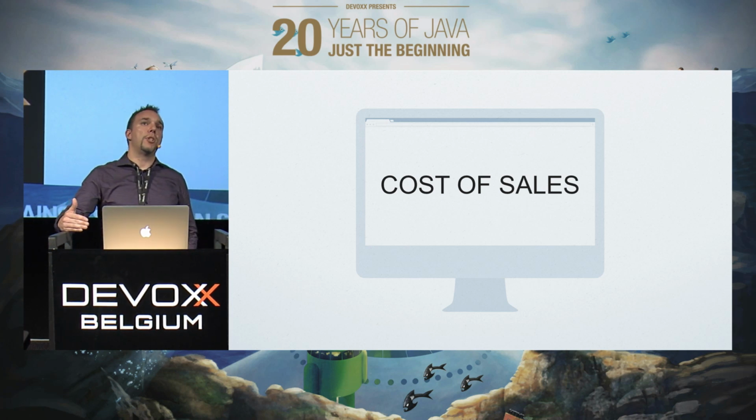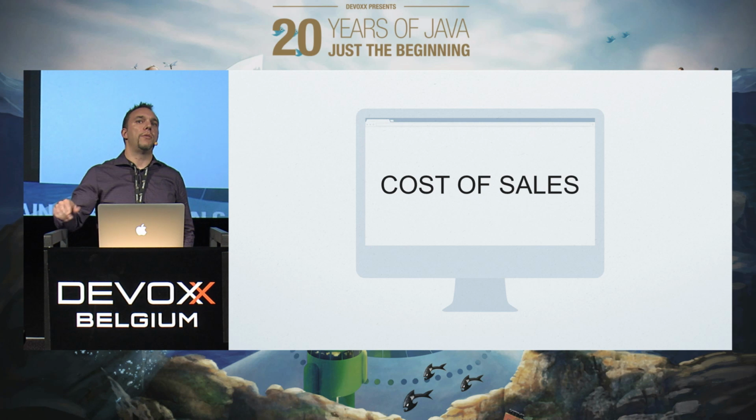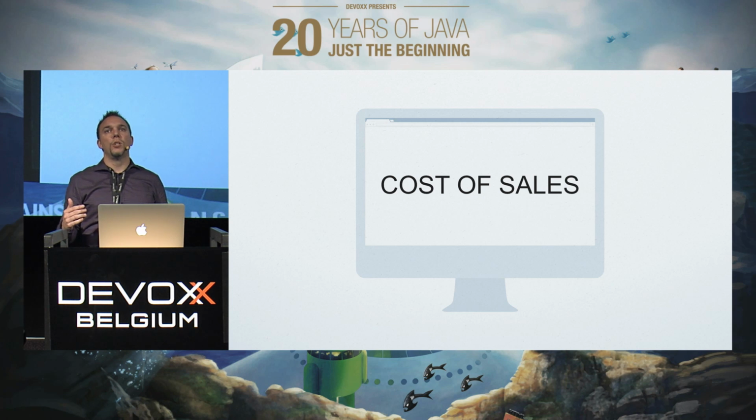what especially American VCs look at. Cost of acquisition: the lifetime value of a SaaS customer should be at least 3 to 4 times the cost of acquisition. So if you spend 50 euros to acquire a customer, or more realistically 500 or 600 euros, or maybe a couple of thousand euros to acquire a customer, you should get at least 3 to 4 times that amount of money over the course of the life cycle of that customer.